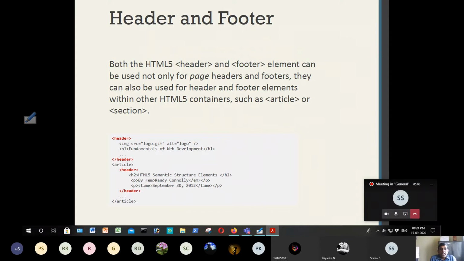Within an article tag it is possible to use a header, because there may be an article in a web page, and within that article there may be a header and a footer for that article. That's why header and footer can also be embedded in other HTML containers like article or section.